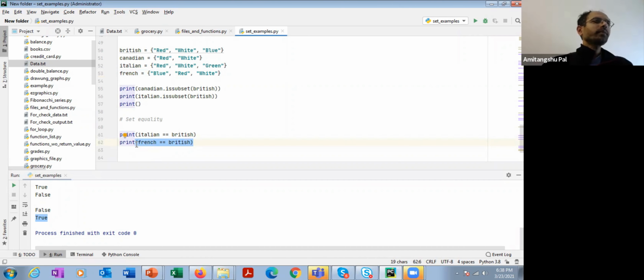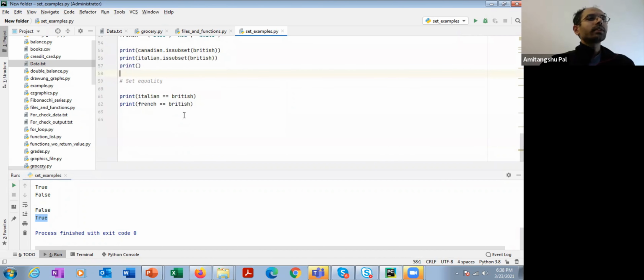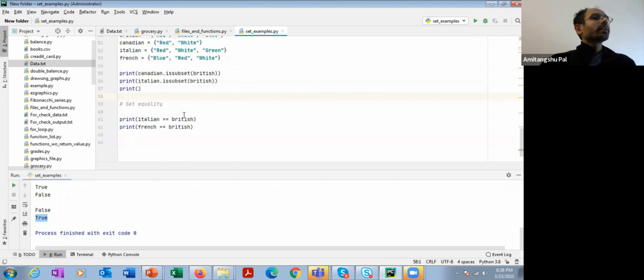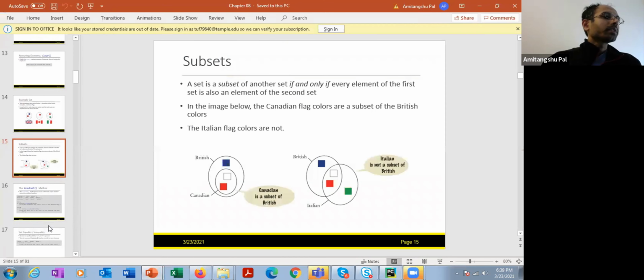Clear? In this way, you can check set equality, and using the is subset function, you can check whether a set A is a subset of another set B or not. Now let's learn other set operations.